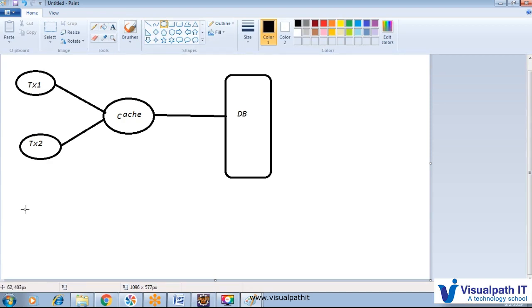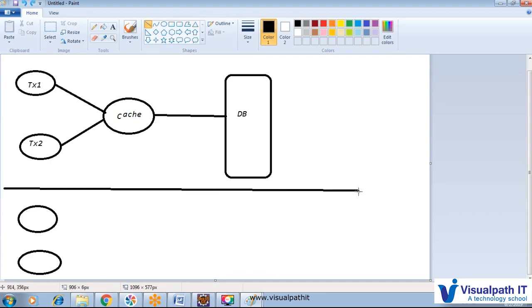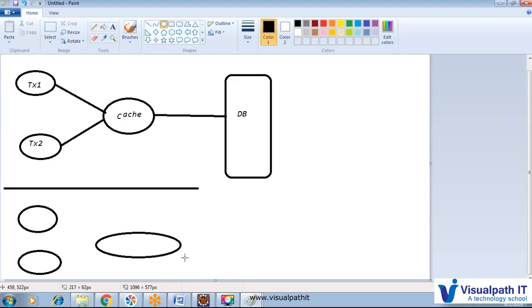Each has its own transactions, like transaction 1, transaction 2, as a separate application, and here also we have one cache.